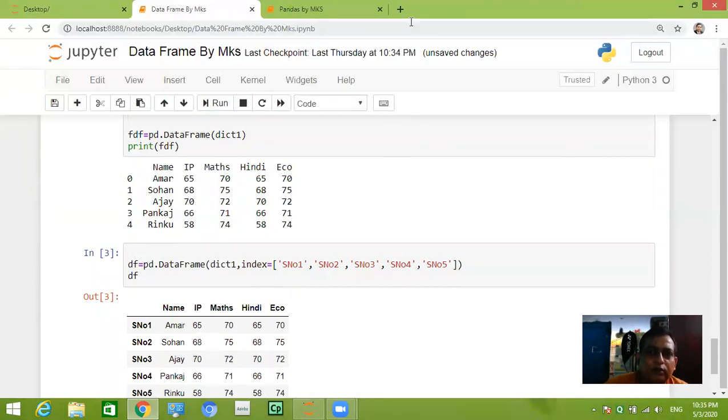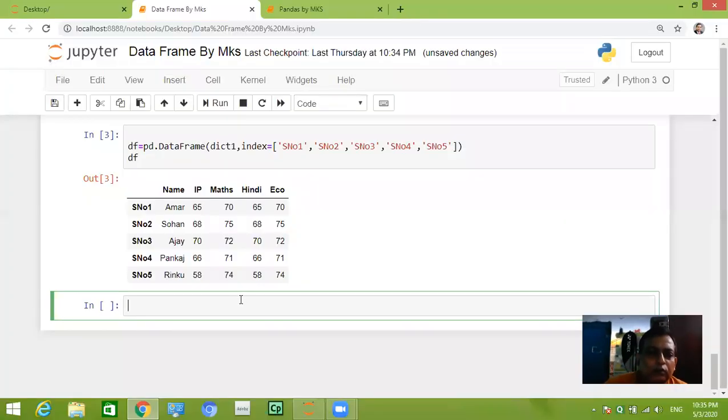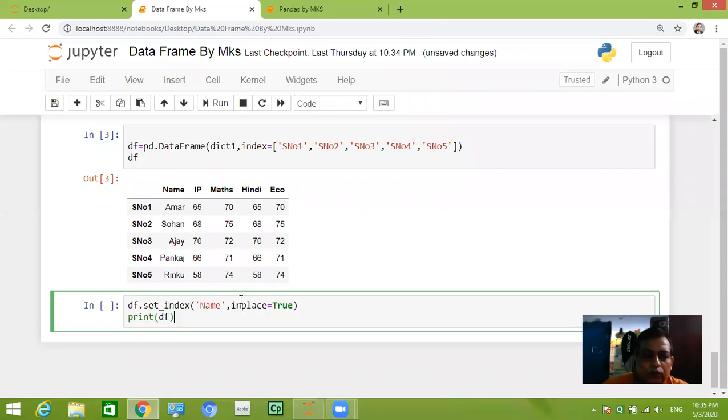Next we are going to see how to take any column as index. Suppose we want to take this name as index.